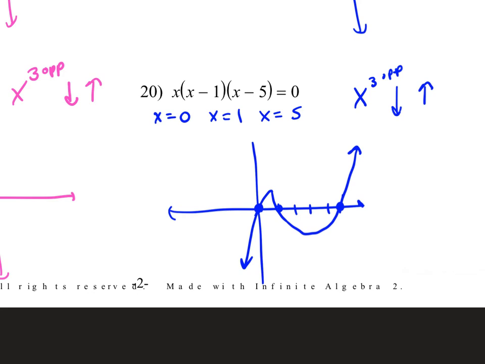Alright, so that's it for the review. Any questions? So our x cubed here comes from the number of x's in the equation. So we have 1, 2, 3. So yeah,